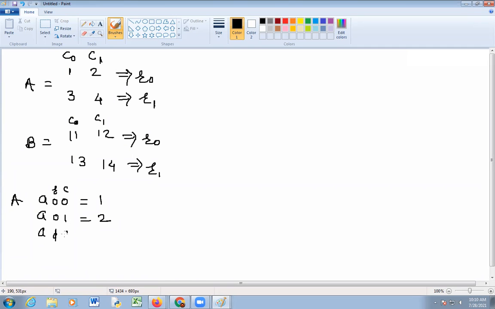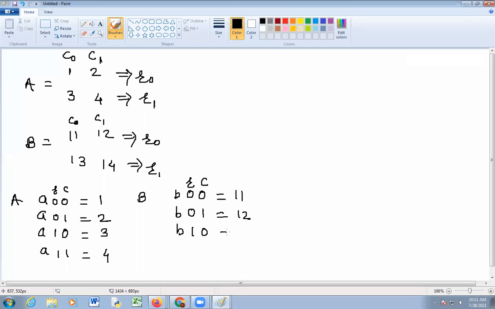A10 stored number is 3, and A11 stored number is 4. Similarly, for matrix B, B00, this is row, this is column, stored number is 11. B01 stored number is 12. B10 stored number is 13. B11 stored number is 14.